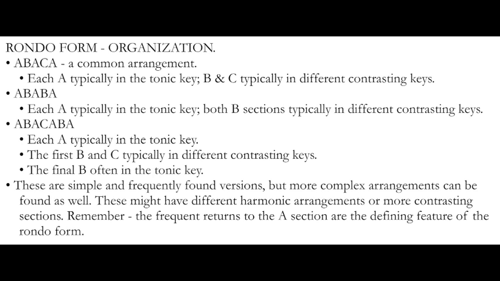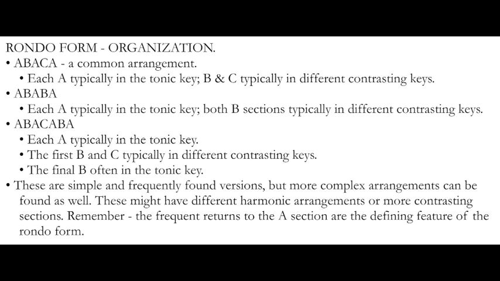A more complex rondo form might be a 7-part rondo, A, B, A, C, A, B, A. There you go, a nice mirrored form for you. In a form like this, each of our A's are typically in the key of the tonic, while the first B and C are again in different contrasting keys. In this long form rondo, many times the final statement of B will be in the tonic key, and so